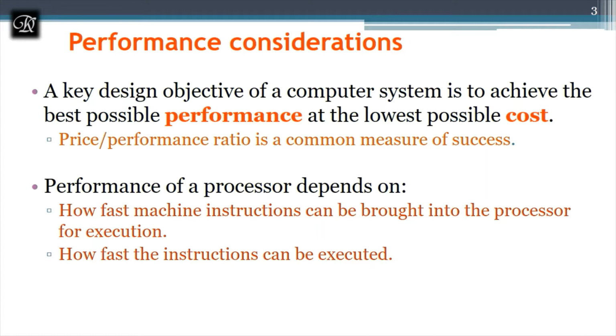The performance of a processor depends on how fast the machine can get the instruction. It means how fast we can get the data from the hard disk, secondary memory, to the processor. Because the processor is already too fast, if you want to keep the processor as busy as possible, we have to have a technology which can bring the data from the slower memory to the fastest processor. For that, we have introduced the concept of virtual memory, and there we had a RAM. Again we had a cache, again we had levels of cache, and registers and processor. This is the sequence we have got.